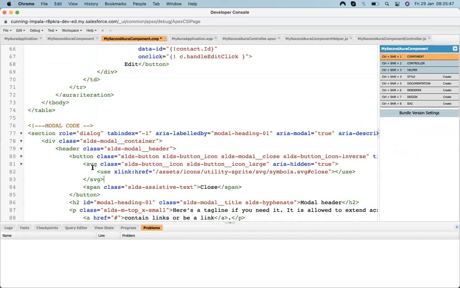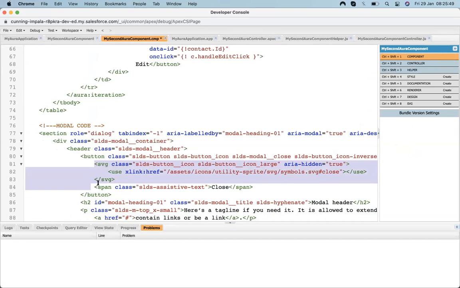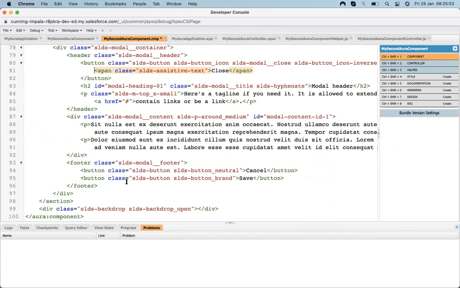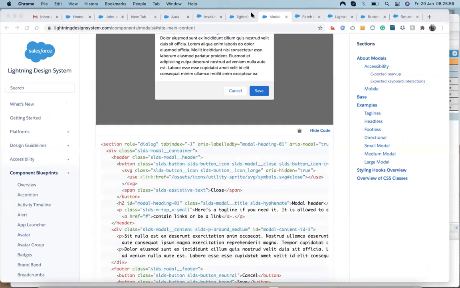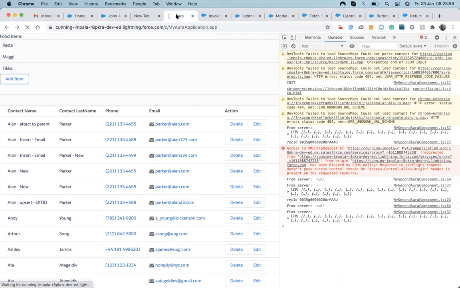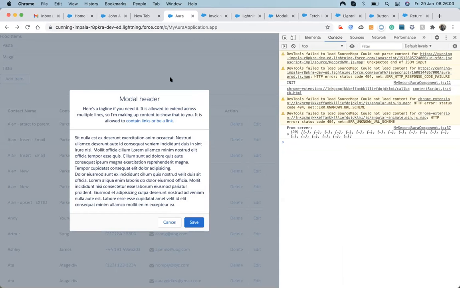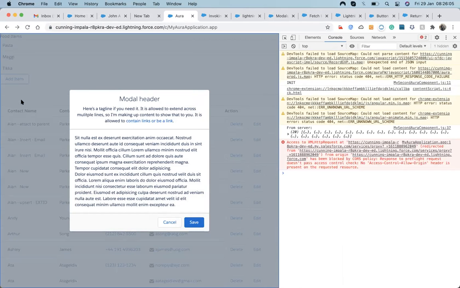So let's remove all the SVGs from here, because SVGs are not needed. Save. I saved that. Now the modal is appearing, but the thing is that it's appearing whenever the page loads.